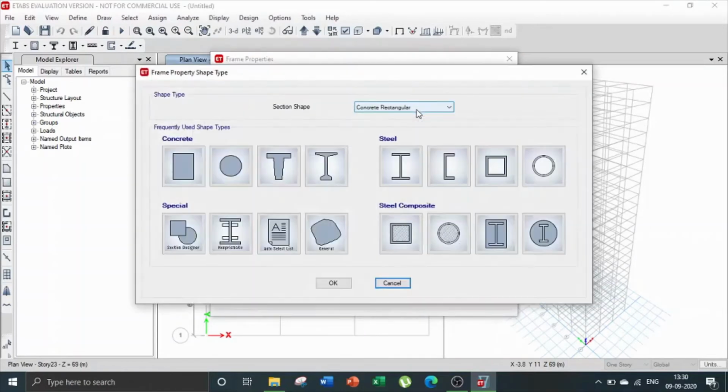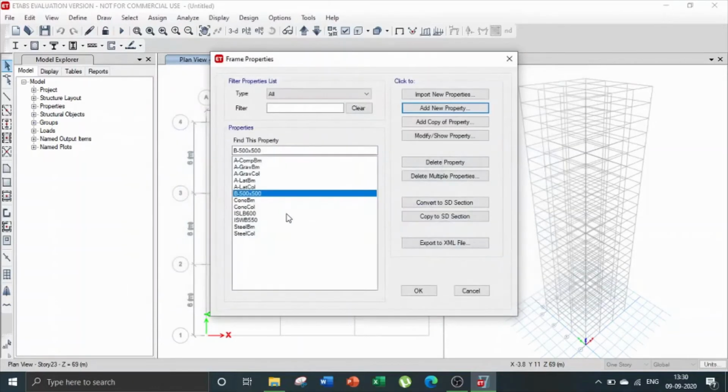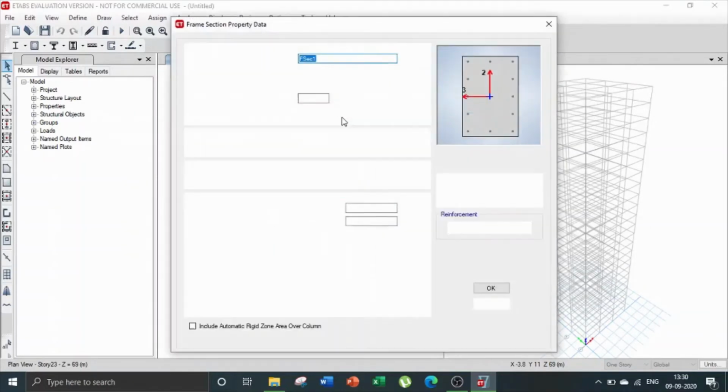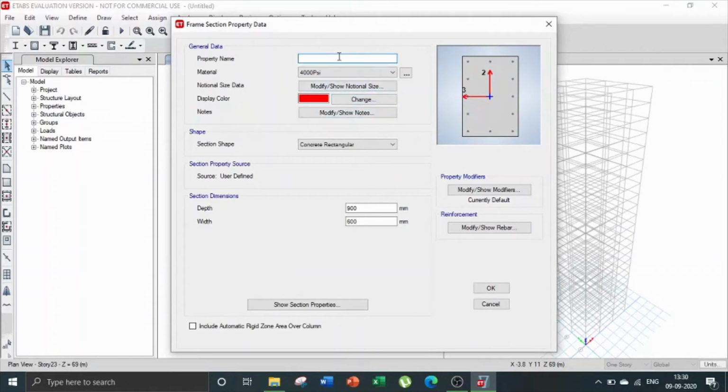Now we'll define the column section. Click on concrete. Change the name to C 500 by 500. Material as M30. Depth and width as 500 each. Now we will show reinforcement.